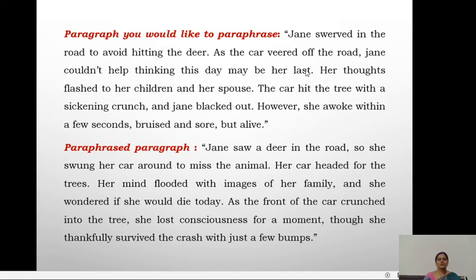The original text is this and the paraphrased paragraph is this. There's a lot of difference in the use of words, phrases, and sentence structure, but the meaning it conveyed is the same as the original text. Here you are putting this in your own words, so it has become a paraphrase. When you read the original text, you try to understand the inner meaning of the text, and you put it in your words conveying the same meaning without any change. This is how you can paraphrase paragraphs.